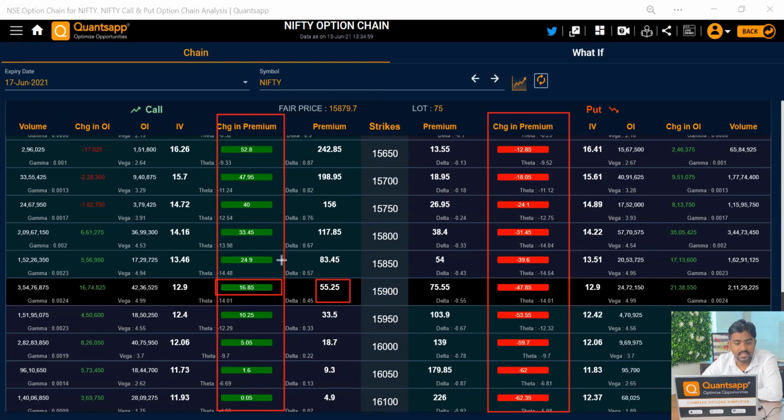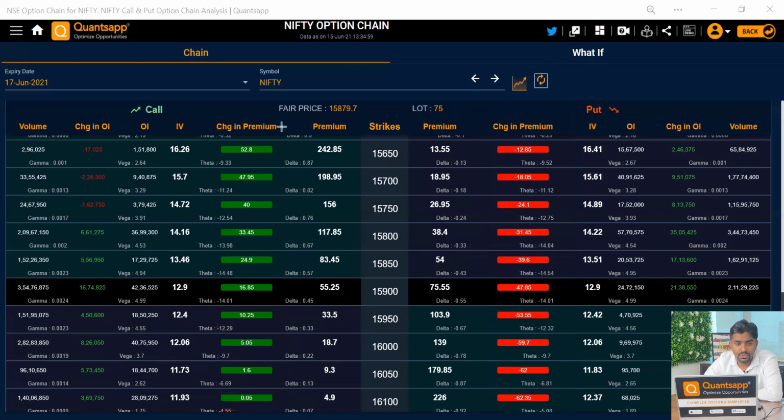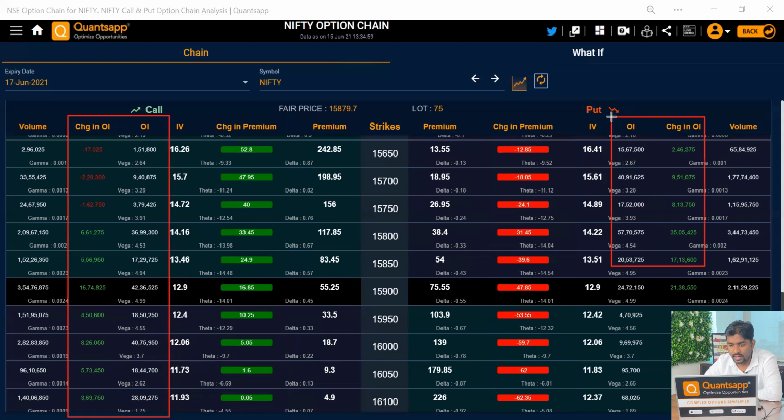So whatever the change is, the max is 16.85 we have in this particular strike price for all. Okay, now, so this is the change in premium. Now, third concept that is the most used by a trader is OI and change in OI. Okay, for both sides, OI and change in OI. So you can check this also. Now, what is the concept here to look for?